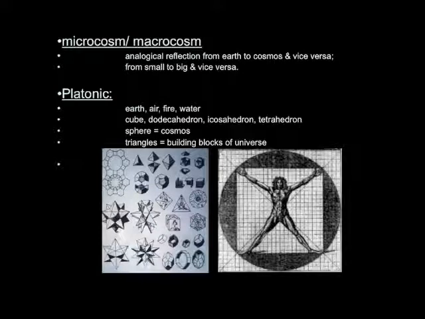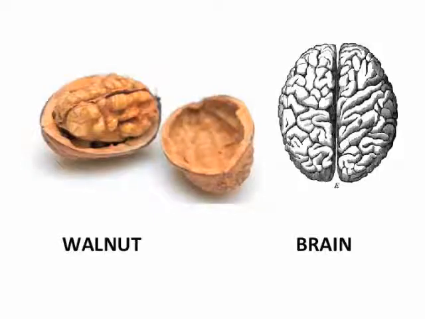What would be a good thing to eat? If you wanted to be a medieval doctor, a late medieval doctor, what food looks like a brain? You could say, get a brain. You could go get a cow brain. But no, they were cleverer. They wanted something micro. So a walnut would be a good thing, right? You crack open a walnut, you see this microcosm of a brain, you eat it, and bye-bye headache.